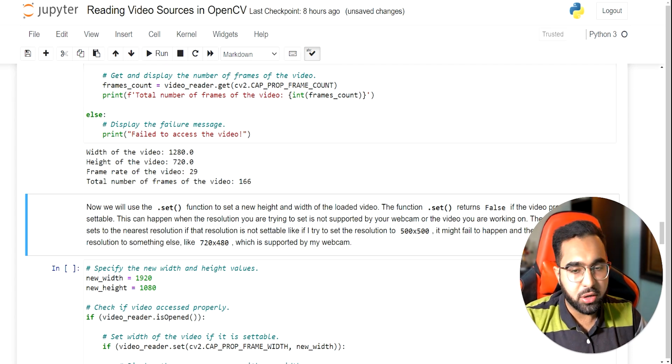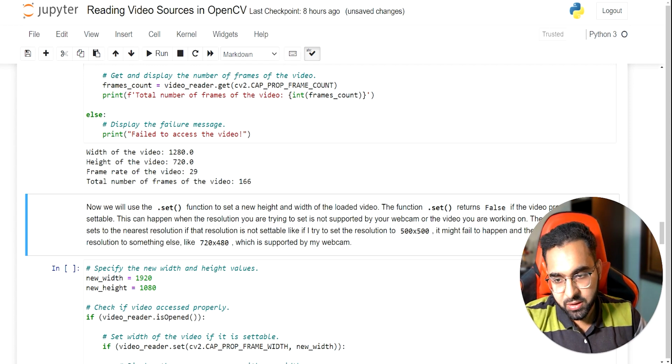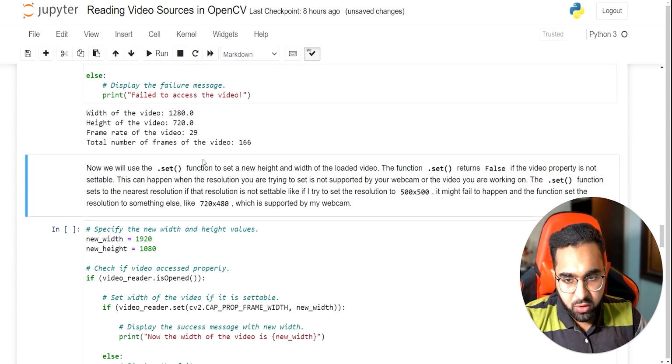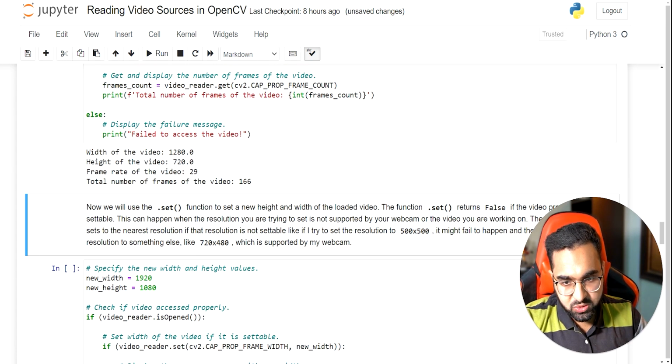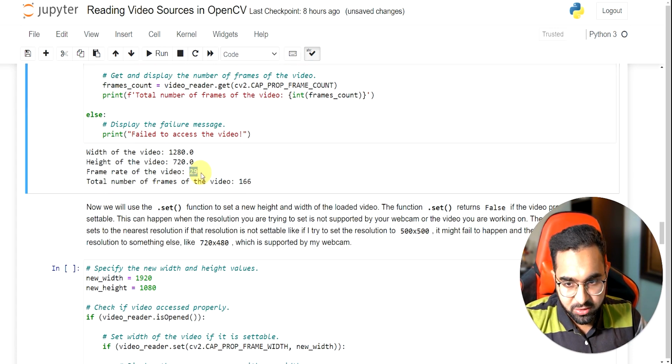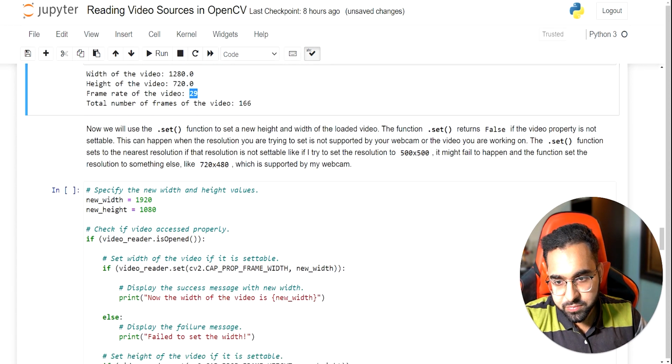So this video has been recorded at 29 FPS, which is sort of a standard; 25 to 30 FPS is what most videos these days are at. The total frames of that video is 166. So you can just divide 166 by 29, and you'll know how long the video is in seconds. So this is really cool.